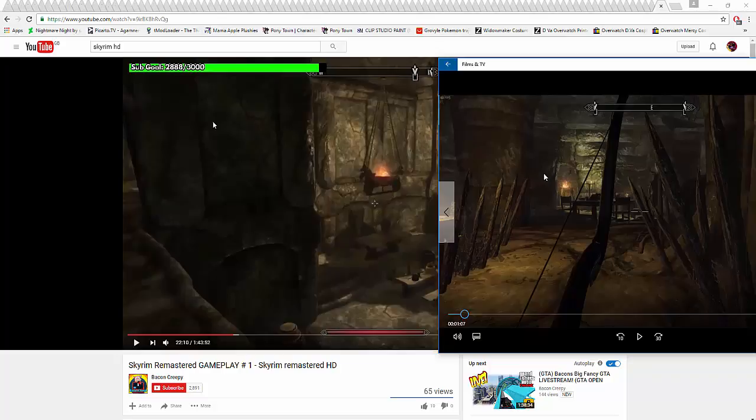You don't have to go through the Nexus. You can just basically go onto the PlayStation Store or the Xbox Store, find the mod you like, press subscribe. They're already installed into the game. You don't have to go through all of the...